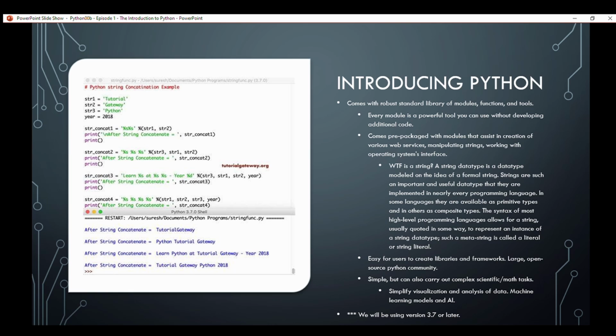So you can use it to model a fault in geology, or model a contaminant plume in groundwater, because that's going to involve complex math. Okay, and in terms of the version we'll be using throughout this playlist is version 3.7.